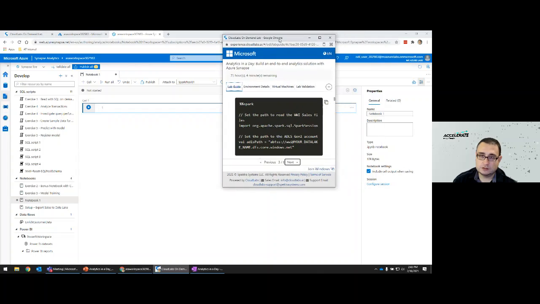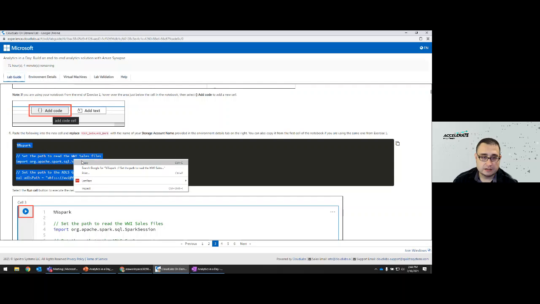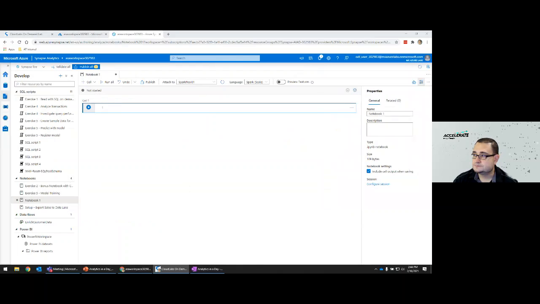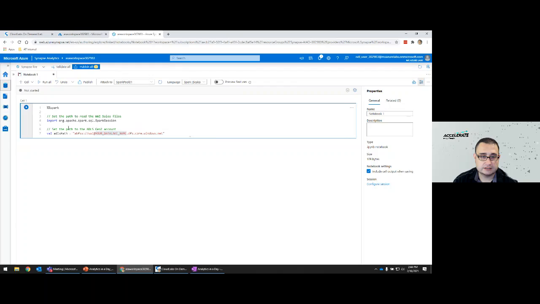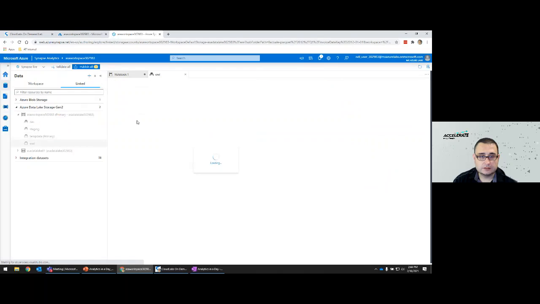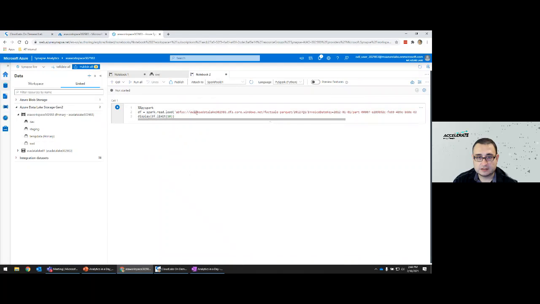For these purposes, we're going to copy this script that's already created for us. So I'm going to copy that, and I'm going to paste that in here. Now notice that we need to provide that data lake name. The easiest way, if you want to take a shortcut, is you can just go to your data, grab a file, new notebook, go to data frame, and just grab that name from here.